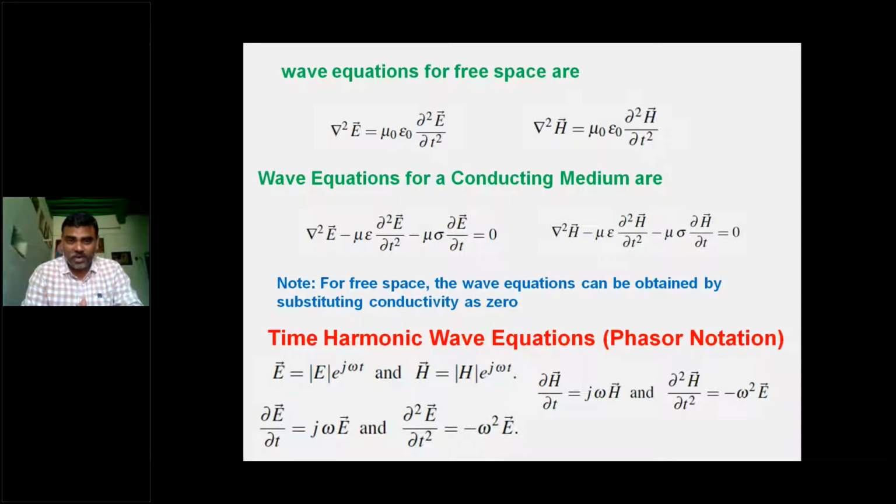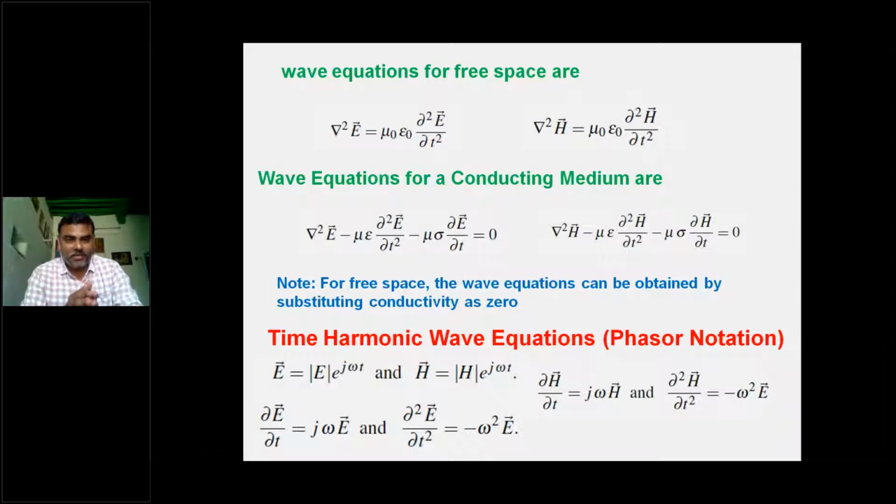Why? Because whatever the field is, it is a function of distance and time. That's why we have taken partial differentiation, dou square by dou T square. If you say the propagation is in the Z direction, then that field is a function of Z and time T. And here there is no need to evaluate 2 equations to find E and H. Once you know E, then by using the relation of E and H, which is eta equal to E by H, we can get the other one.